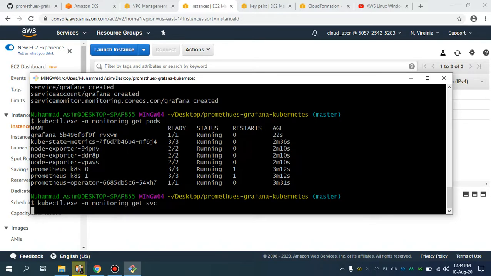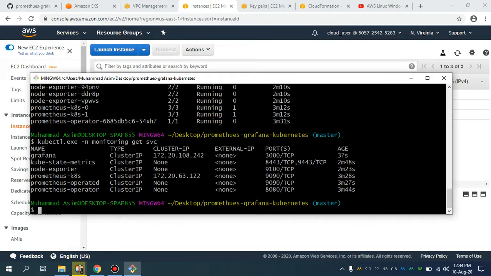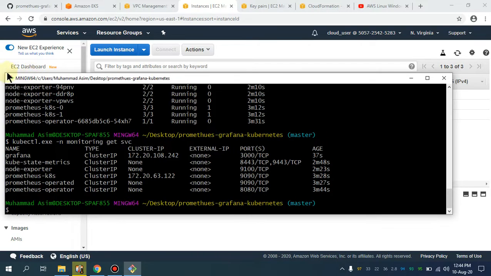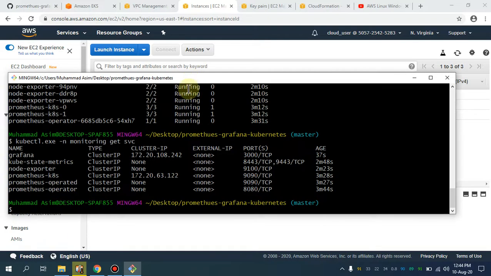So I'm going to simply port forward the service as I've done in my previous video. If you haven't seen that, you can watch that video as well. Let me show you, I'm going to use the same namespace, monitoring, and what I'm going to do here is port forward,